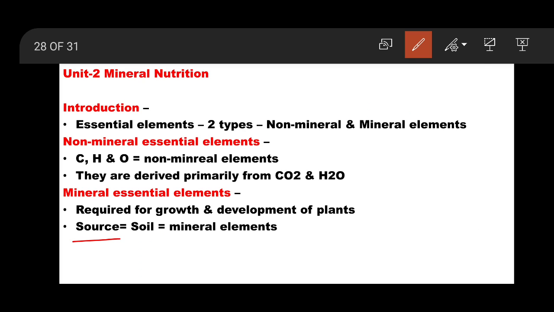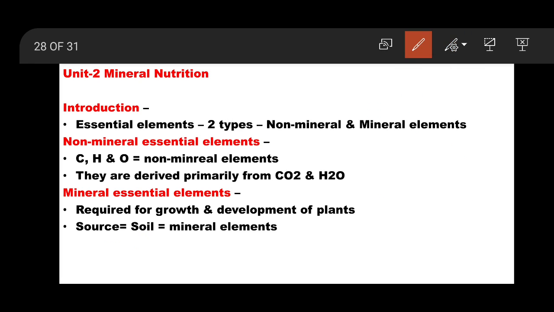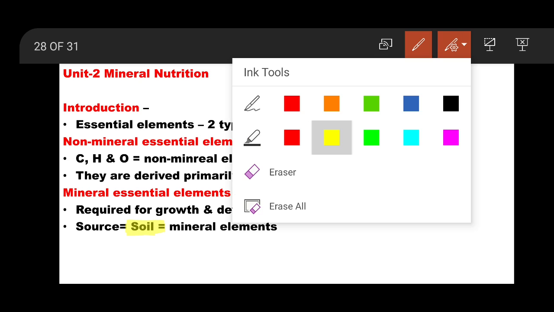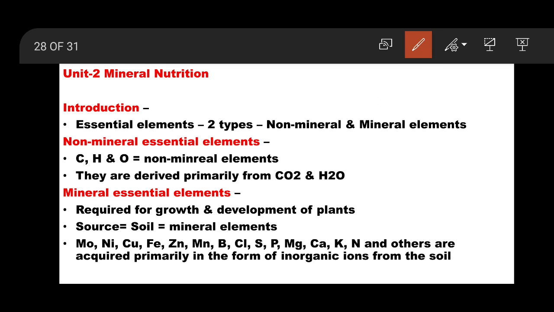So the source of mineral elements ultimately is the soil. Please remember this, highlight this source. MCQ type of questions में आपको पूछ सकते हैं. Here is some list and extended part, that is Mo, molybdenum, nickel, copper, iron, zinc, manganese, boron, chlorine or chloride,